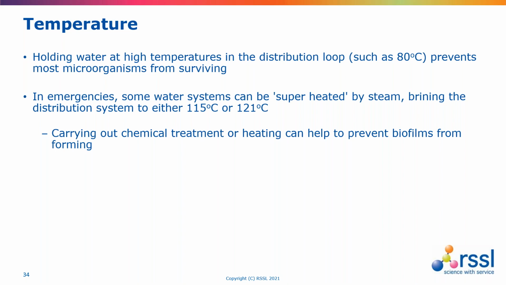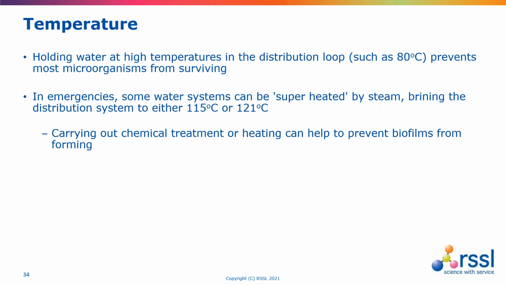But in order to maintain control without the presence of a biofilm, heat is effective because very few organisms that could ever be found in water could survive at those temperatures. But if a serious contamination event is suspected, then the ability to superheat is often built into hot water systems. So this could be taking the temperature up, almost like turning it into a continuous autoclave type system